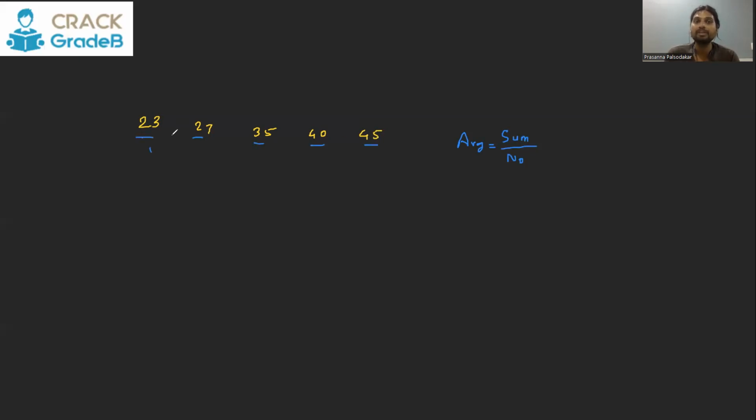So the sum here is going to be 50 plus 40, 90, 90 plus 80, 170. The sum is going to be 170 divided by the number of observations, that is 5. So 170 by 5, the average is 34. And this is how we calculate the average, right? But this is the formula of the average. This is not the meaning or interpretation of the average. If you have to understand the topic completely, you have to understand the interpretation part as well.